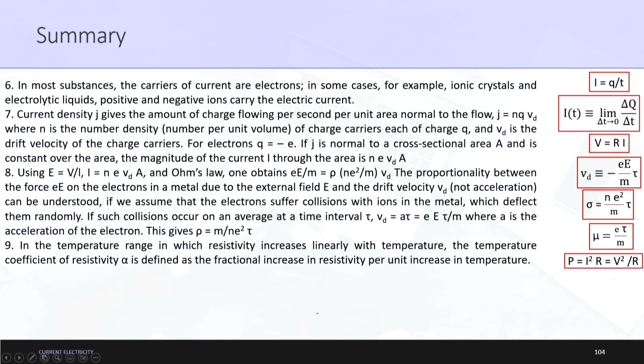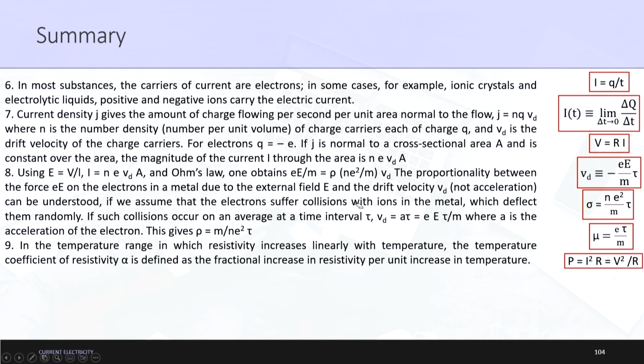Next, in most substances the carriers of current are electrons, as we explained, that was the basic assumption of our current electricity portion. In some cases, the ionic crystals and electrolytic liquids, positive and negative ions carry the electric current. So, electrolytic solution was being explained. In that portion we understood this complete concept, that even ionic crystals can also be used as charge carriers. Then current density, so basically we got the value equal to nevd A,